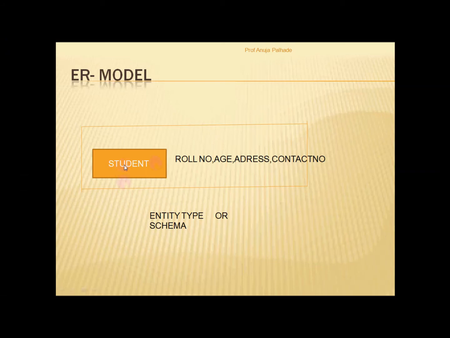Suppose a student is an entity. Roll number, age, address and contact number become the attributes of this entity, and the whole becomes what we call the entity type, or schema. Why schema? In my previous video I explained that the student entity will be converted into a table also, so it may become a schema, because roll number, age, address and contact number will be the columns of the student table.